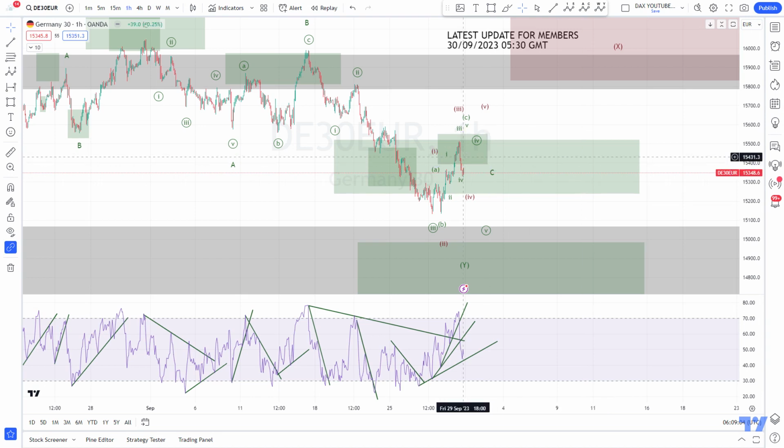So let's see on Monday how this further evolves. Don't be surprised if we make one more high here, even as a 4th wave, and then we come down. Now, if we go beyond this level, then it looks like the wave 4 was somewhere hidden here, like I explained on